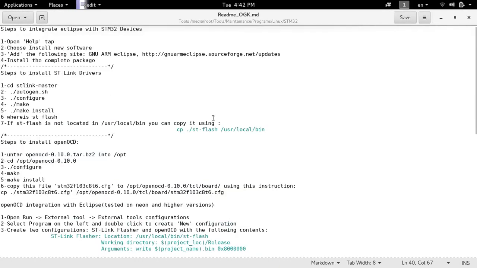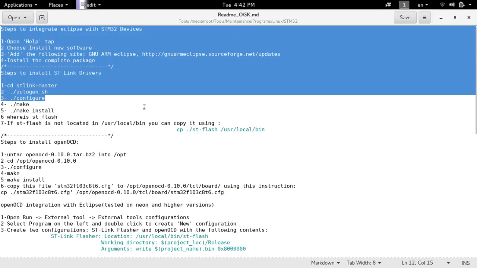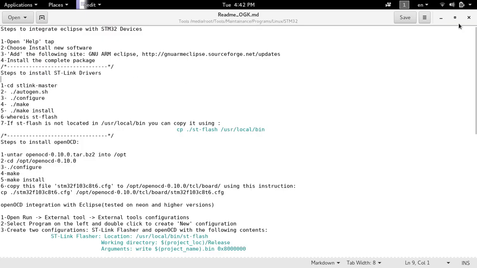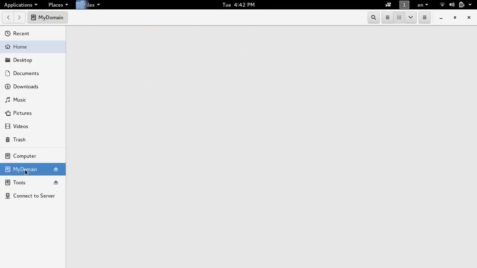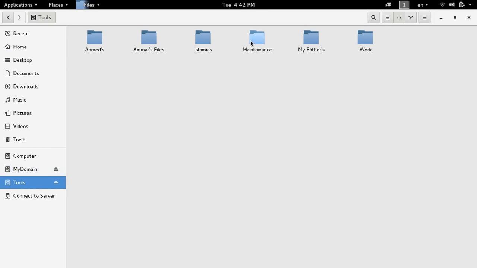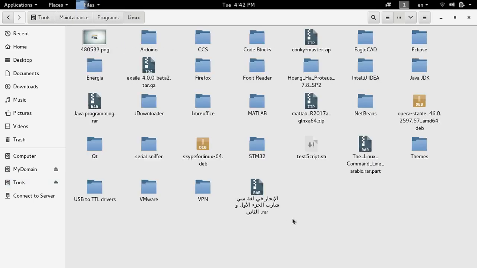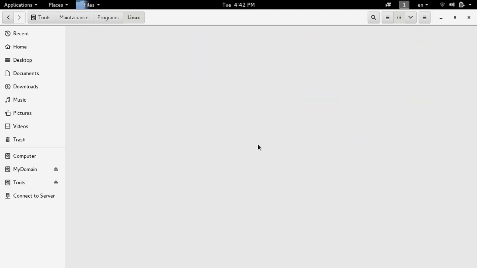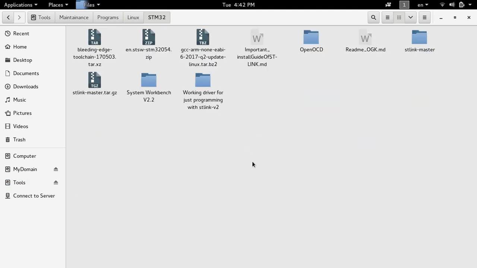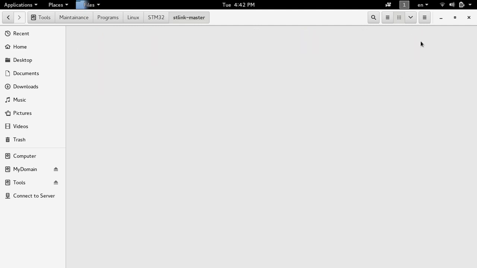First of all, I will attach this file to my Google Drive, so you can access them easily to review every step you are going to do. Okay, and we're going to install all of these programs on Linux, Ubuntu or Kali, or any distribution that depends on the Debian. Okay, let's